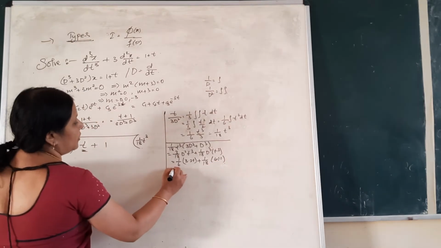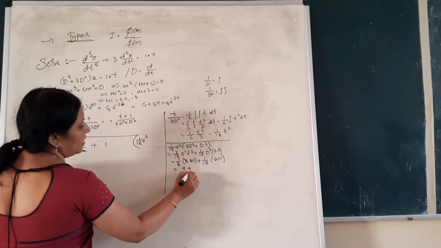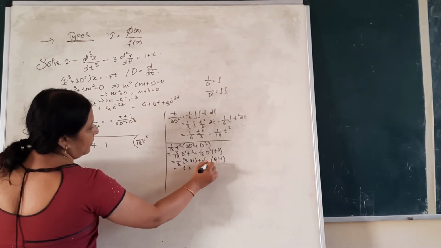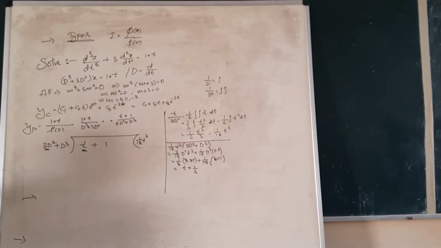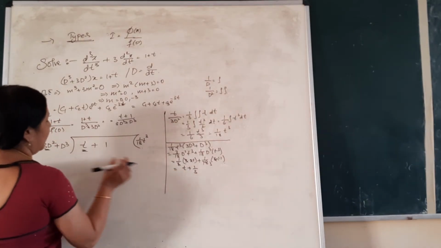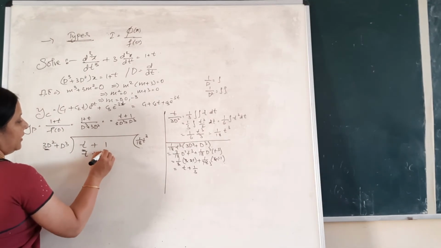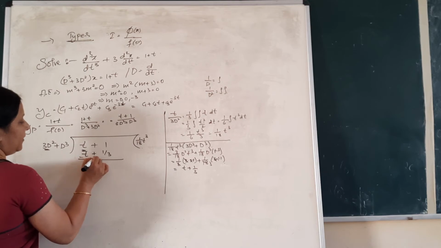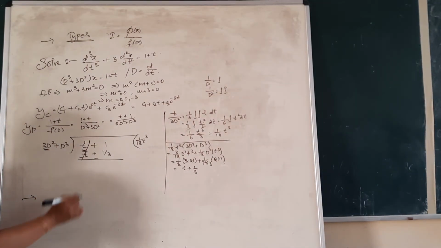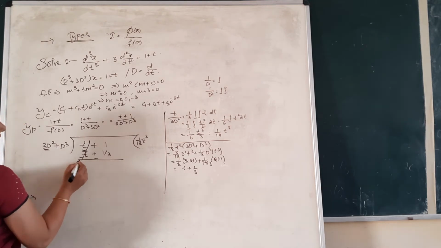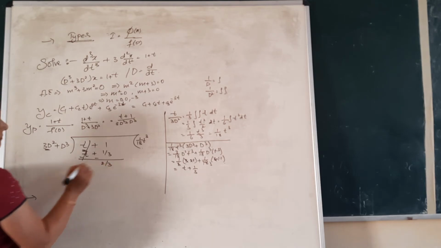So simplifying ahead here, we get 6 out: 6t plus 1 by 3. What are we left with? t plus 1 by 3. This term has to go here, so it's going to be t here under t plus the constant 1 by 3. Now subtracting each and every term by changing the sign in the second row. So t minus t gets cut, and 1 minus 1 by 3 is going to be 2 by 3.